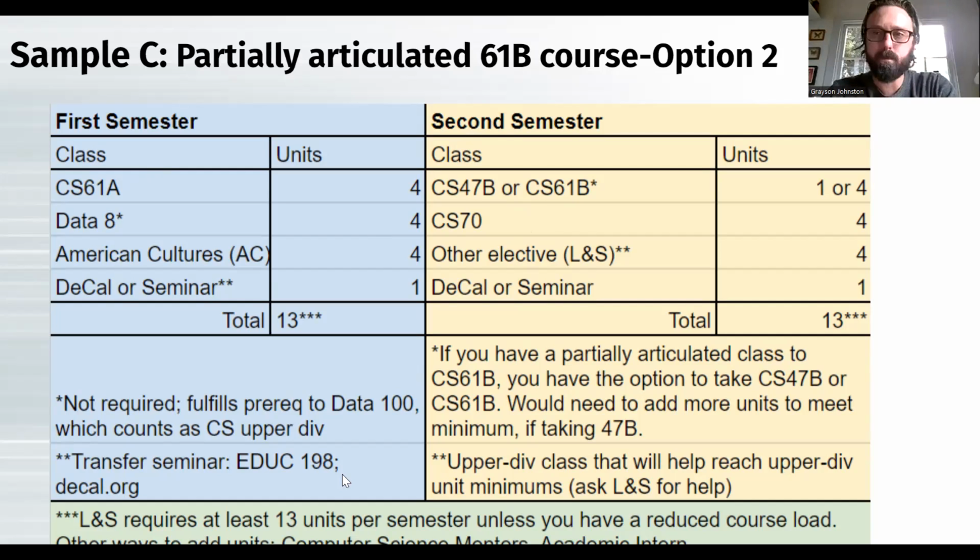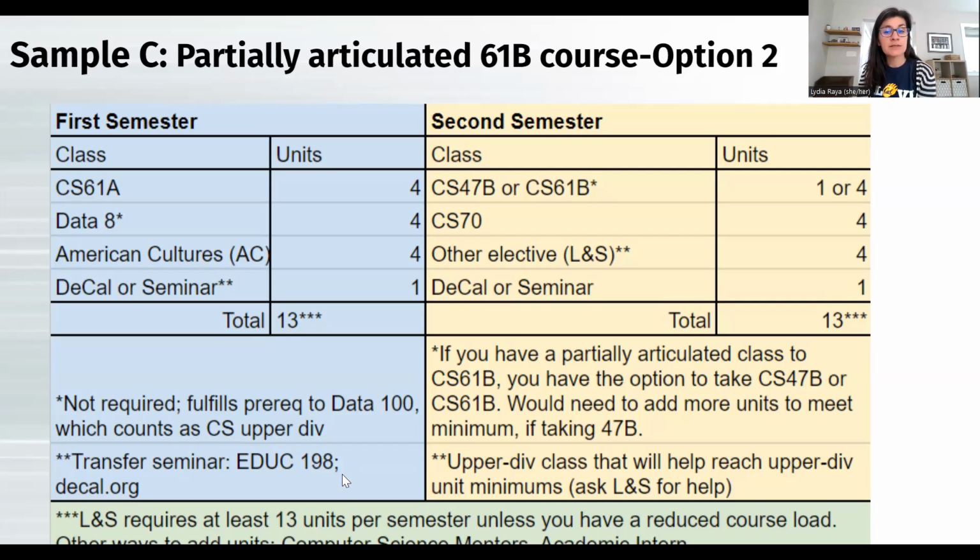I came a little late, so I'm not sure if this question was answered. Do we have to take EECS 16A and B in order to take EECS 127? So you can look up the prerequisites to those classes from memory. I do believe that both are required for EECS 127. But maybe one of the advisors could put in a link to the guide. And that's where the official prerequisites are.